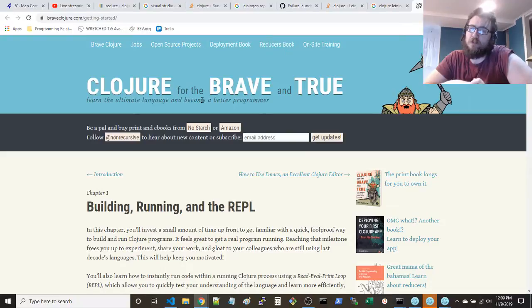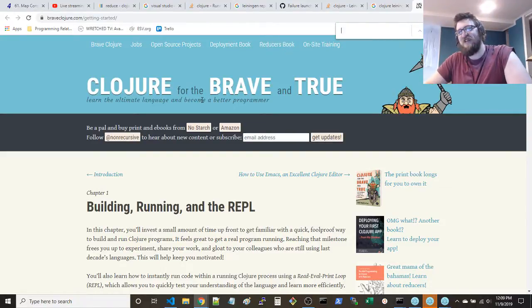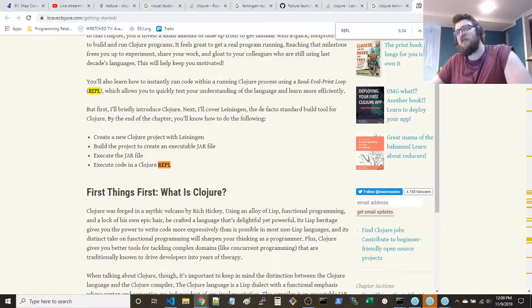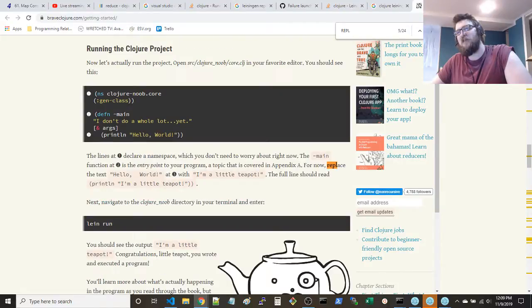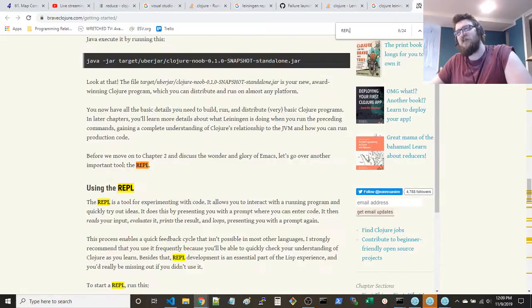I think it's Emacs. They use Emacs for this book, which is not what I want to use.